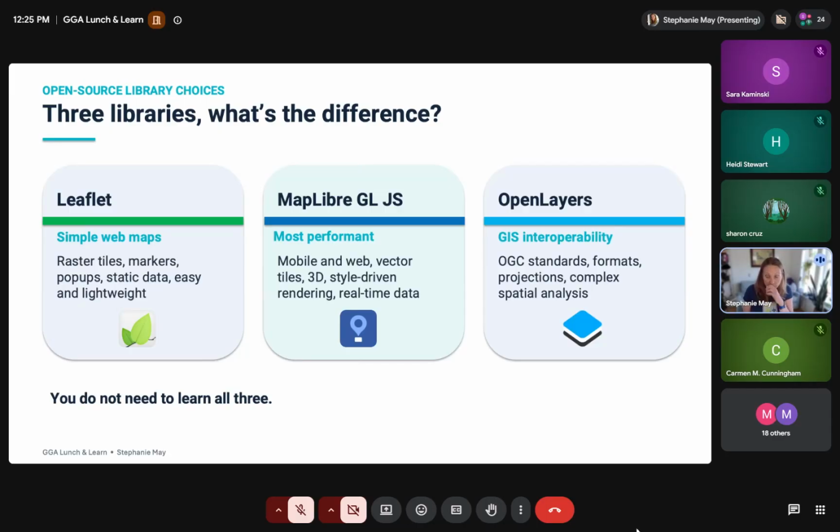It's very straightforward. Now, the next one here in the chain, MapLibre, many of you may know, is the open source fork of Mapbox.